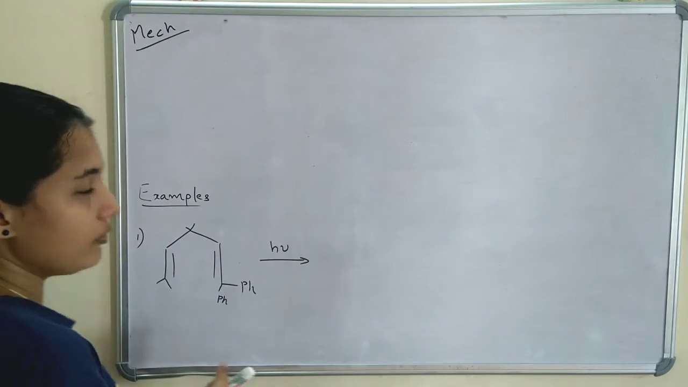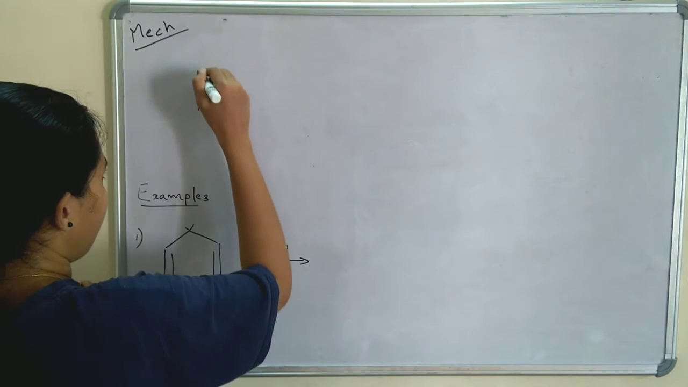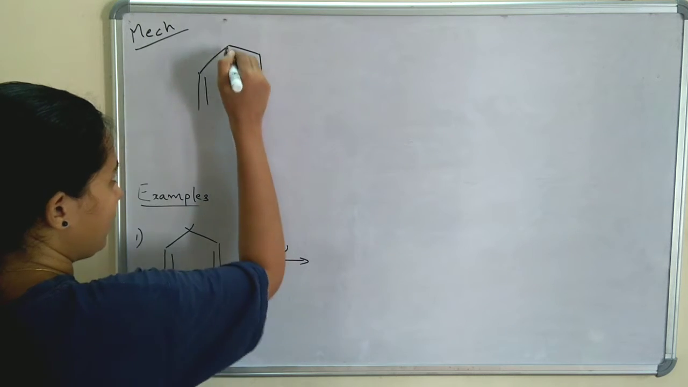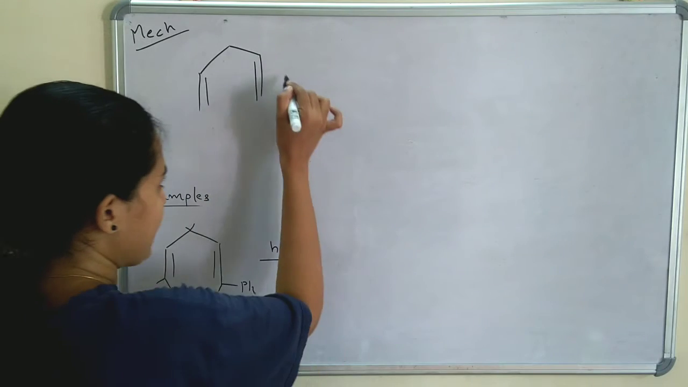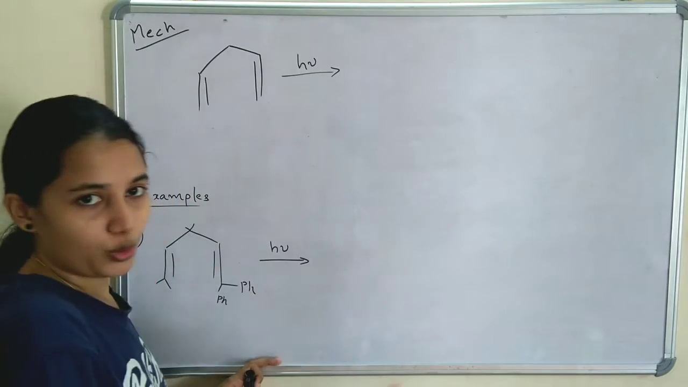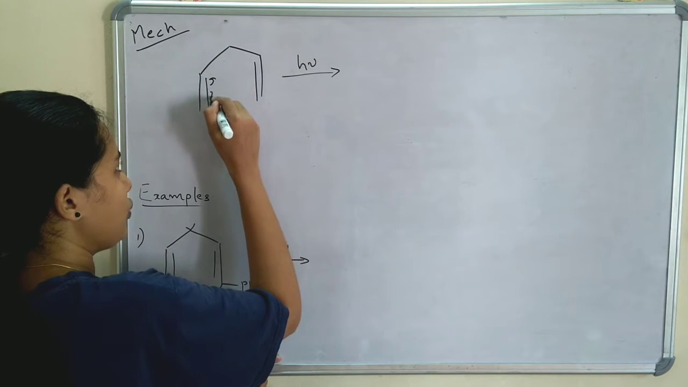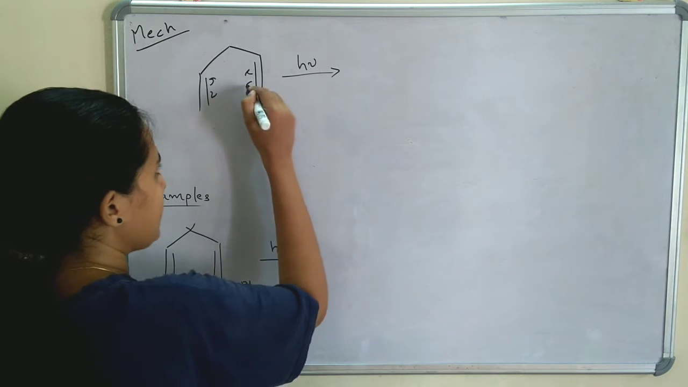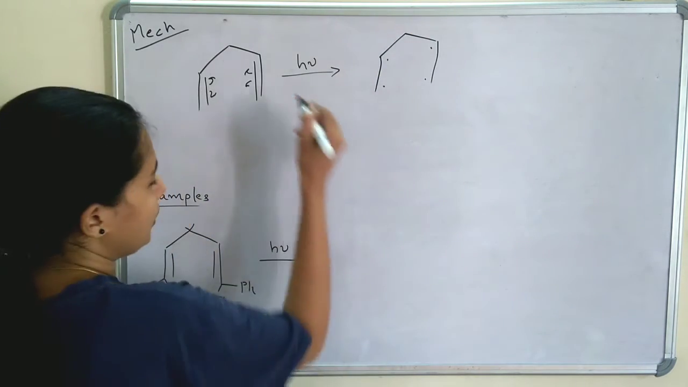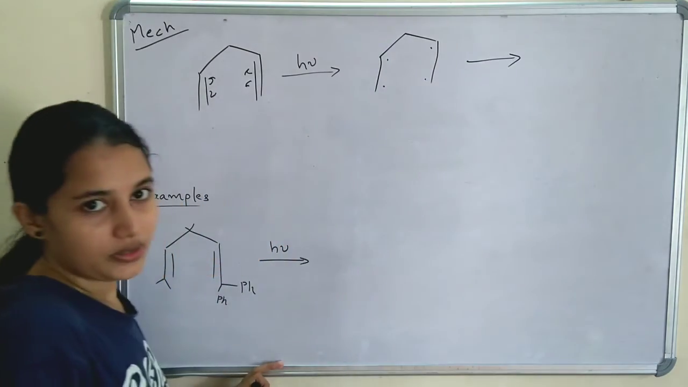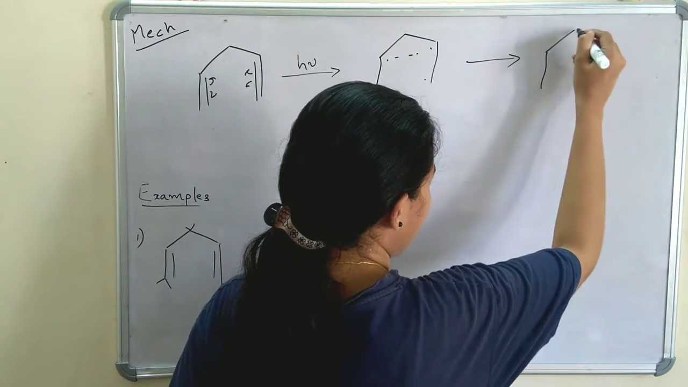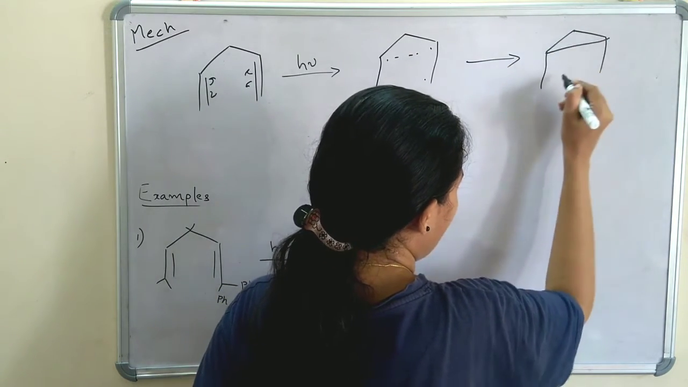First we are taking a 1,4-diene. 1, 2, 3, 4, 5. And in the third position a saturated carbon is present, an sp3 hybridized carbon. And we are doing photolysis. Like all photochemical reactions, homolytic cleavage of this bond occurs. So we will get radicals. 1, 2, 3, 4, and 4 radicals are formed. Now this will combine to form a cyclopropane ring. So this is forming a cyclopropane ring, and here